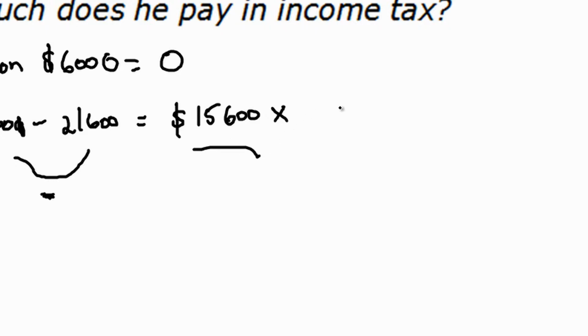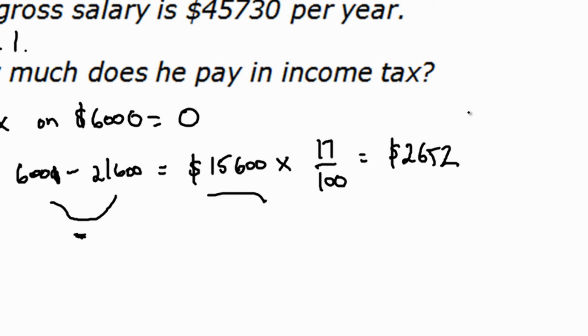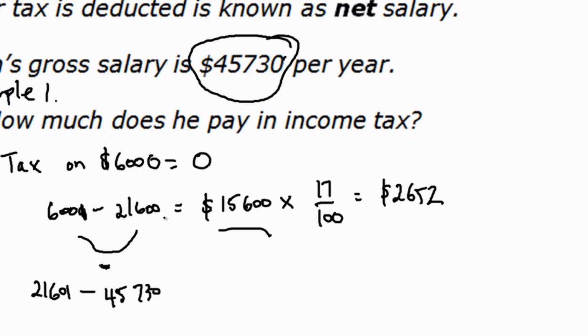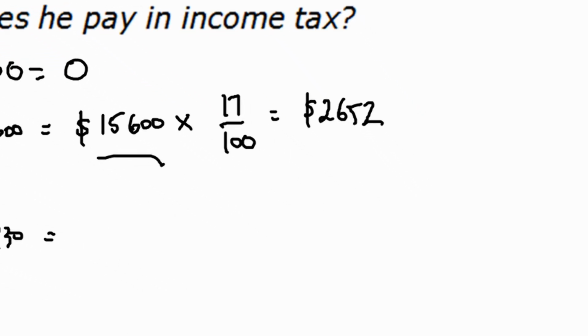And how much tax is paid on that? 17%. So 17 divided by 100. And when we work that out, we get $2,652. The next tax bracket was $21,601. Now it goes up to 70, but his gross salary does not go up to that. It only goes up to $45,730. So we stop there. So how much is this? Well, we can do it. $45,730 minus $21,600, and we get $24,130. The tax was 30 cents in the dollar, so 30 divided by 100, and if we work that out we get